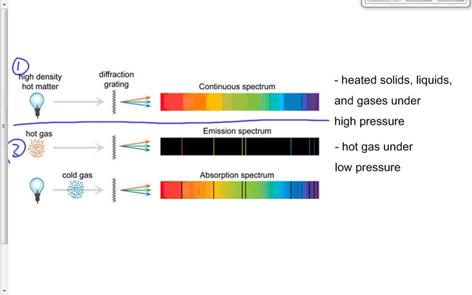The second diagram, this time we've got a hot gas under low pressure. So there's a difference here. Hot gas still, but low pressure. It still emits EMR, but that EMR might still look like white light. But it's not truly white light. It's not all the colors of the rainbow. Combined, they might look like it, but when we separate them, we can tell it's not all the colors of